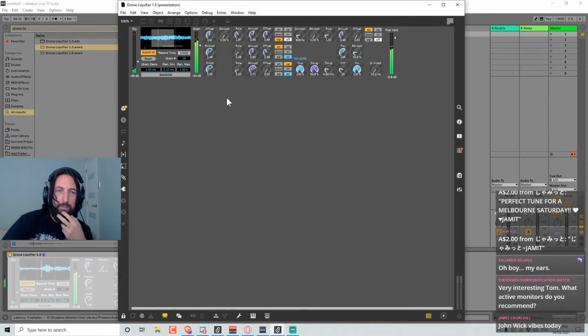So I feel like we could either go down the route of having kind of a mixer area with dry, grain, and reverb, or we could use dry, wet knobs. Don't think we should use dry, wet knobs considering we have more options than one.